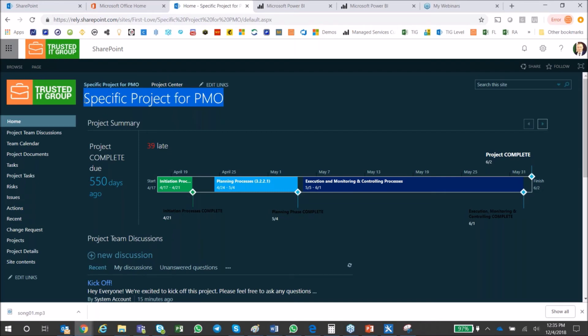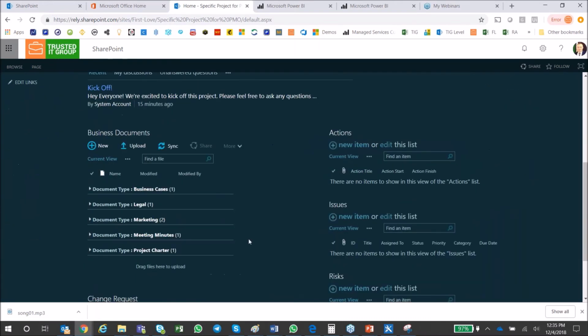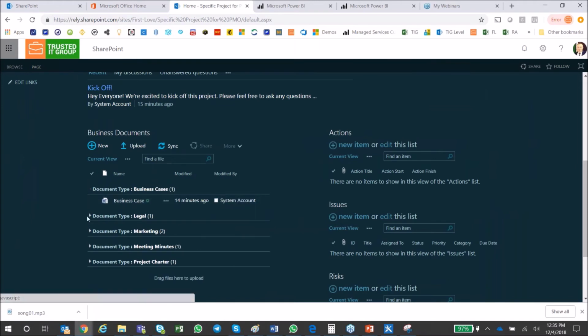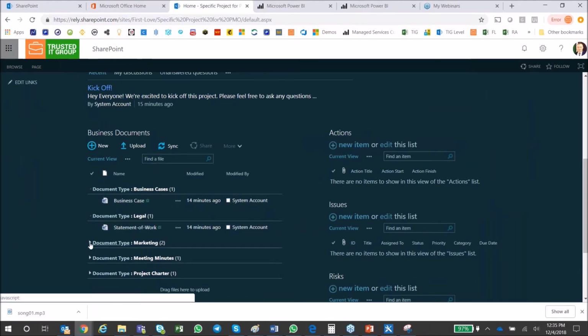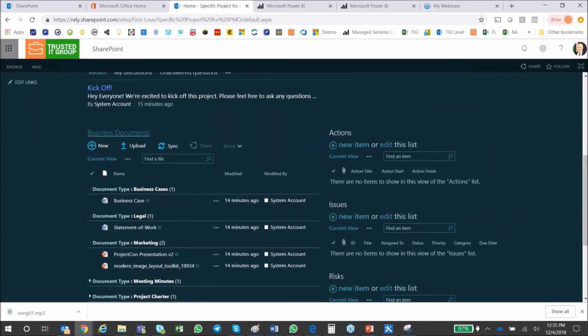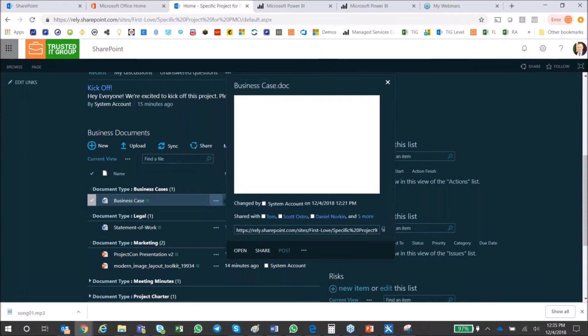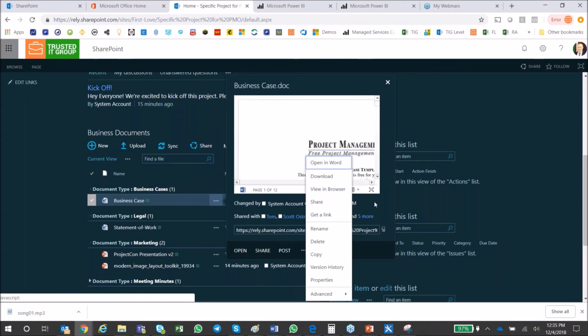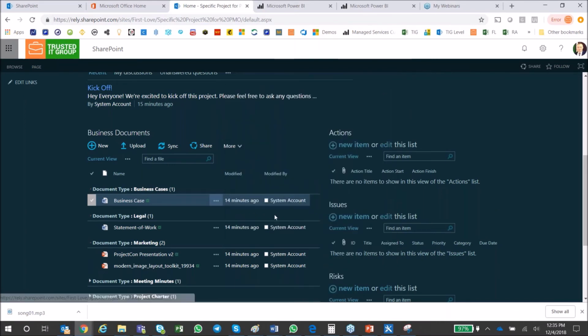Automatically, it created the project template. Automatically used the template to create this project site. Automatically populated all of these default documents for this document library, and you can sync it up with your Active Directory, or you can sync it up with your folder on your laptop, and you can always be sure that these files are backed up, and you have all kinds of versioning and version history and all kinds of backup features